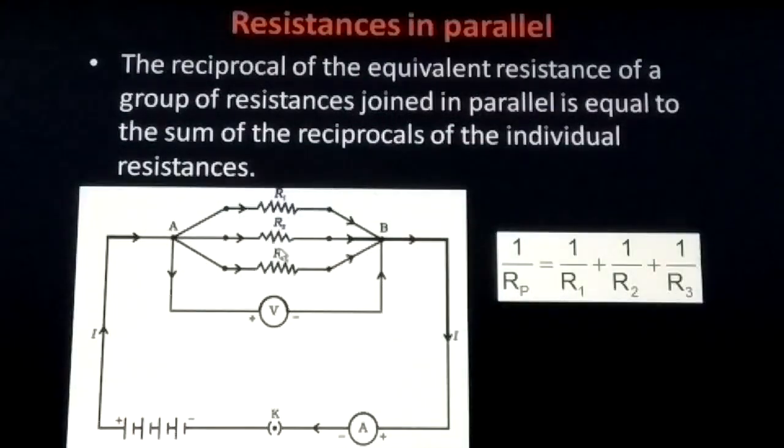Students, in the next class we will see the advantages and disadvantages of series and parallel connections, how the wiring is done in our home, and we will also move on to electrical energy, heating effect, and electrical power. Okay students,